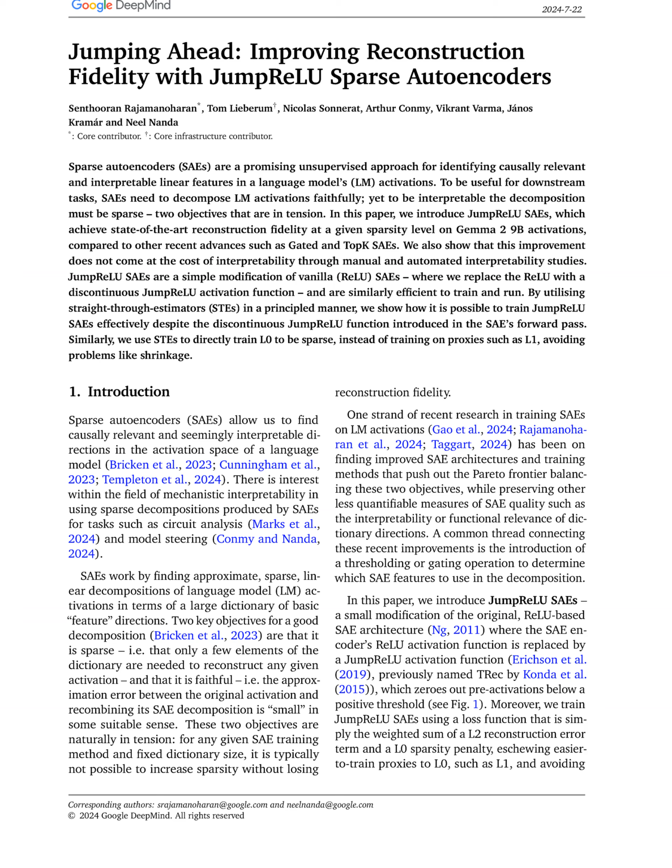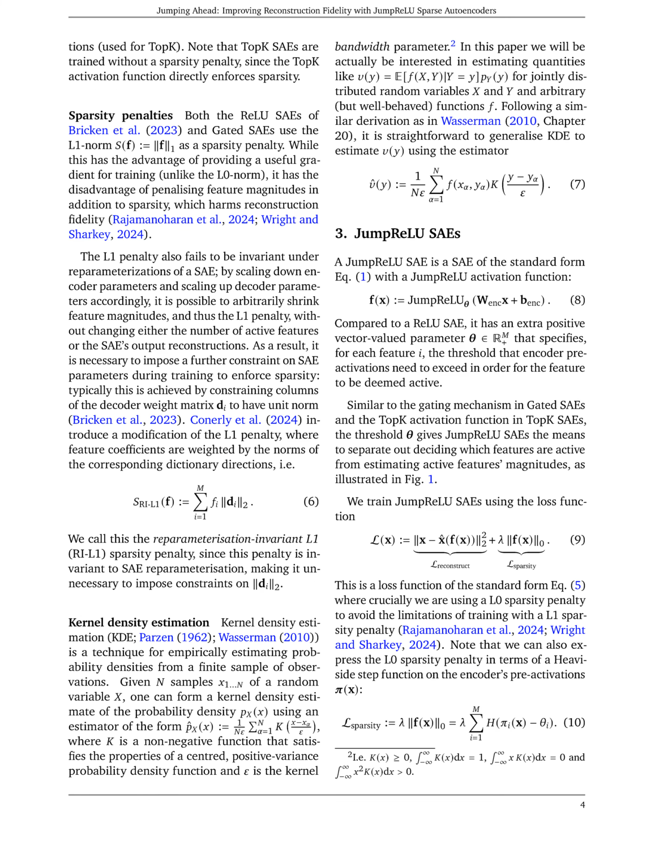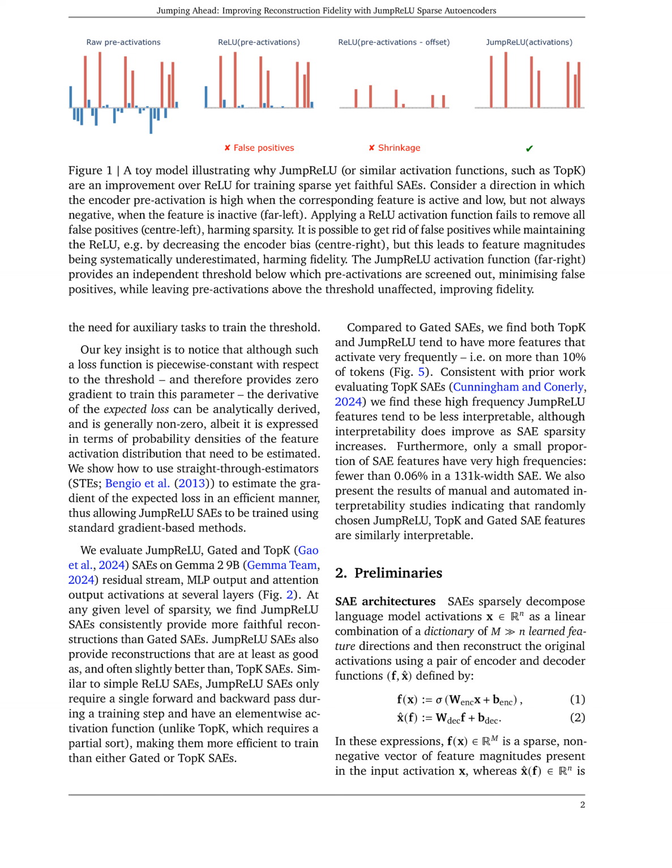through a decoder function. The loss function used for training JumpReLU SAEs is a weighted sum of an L2 reconstruction error and an L0 sparsity penalty, which is advantageous as it avoids the limitations of L1 penalties that can penalize feature magnitudes and affect reconstruction fidelity. To address the challenge of training with a piecewise constant loss function that provides no gradient for the threshold parameters, the method utilizes straight-through estimators (STEs) to estimate the gradient of the expected loss, enabling standard gradient-based training.